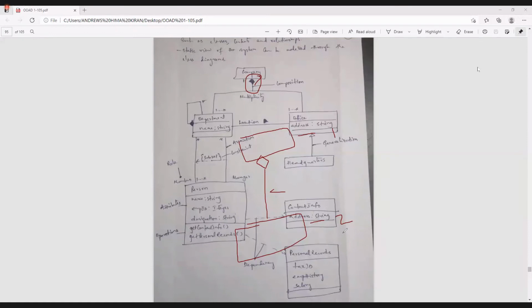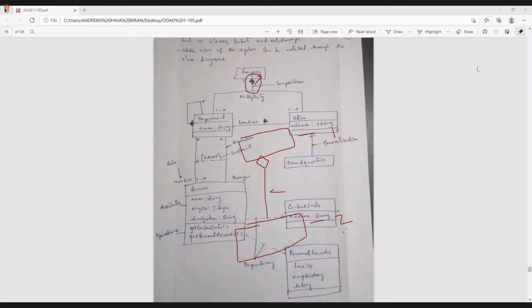The whole part has to be placed in the first position and the subpart has to be placed in the second position. For example, if you consider college and department, I have to place college in position 1. That means college is considered as the whole part, and department is the subpart which I have to place in the second position, like that.